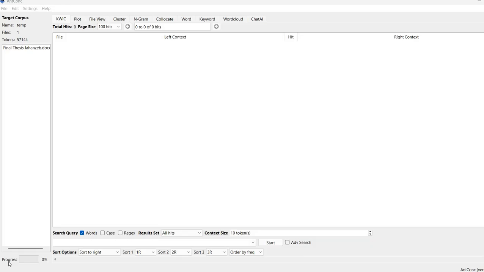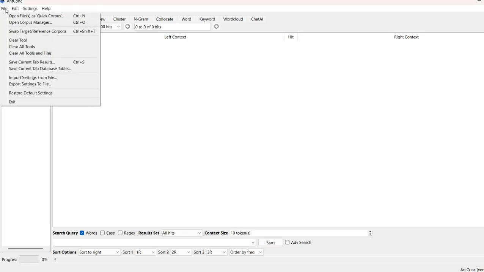Yes, you need internet to download it, and once you have installed it, it's completely free and you can work on it offline. Now, if we look at the main dashboard, you will see there are so many options. First of all, the thing is to upload a corpus. You can go to File and then open file as a quick corpus. The second way is to go to Corpus Manager. We'll learn these things step by step. So first thing first, we open a file as a quick corpus, and then you